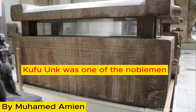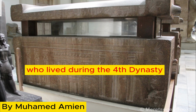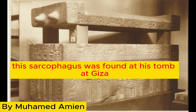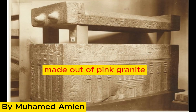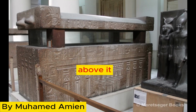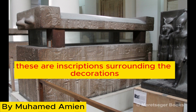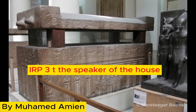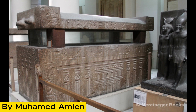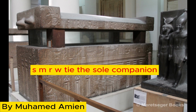Khufu Ankh was one of the noblemen who lived during the 4th dynasty and served during the reign of King Cheops. This sarcophagus was found at his tomb at Giza, made out of pink granite. It is represented with 3 entrances and 6 windows above it. These are inscriptions surrounding the decorations: the Speaker of the House, Seal Bearer, the Sole Companion,